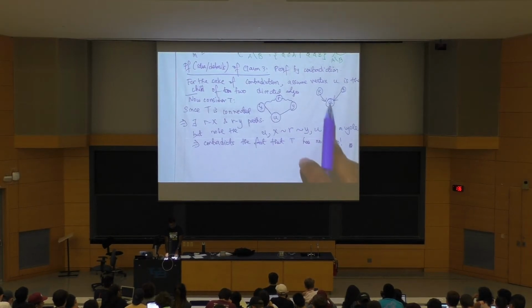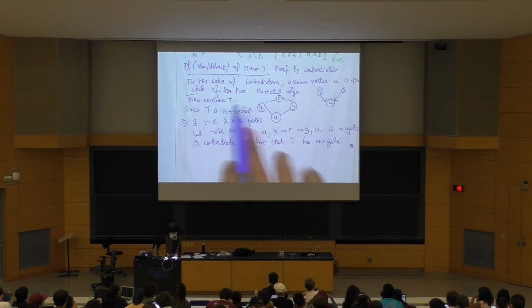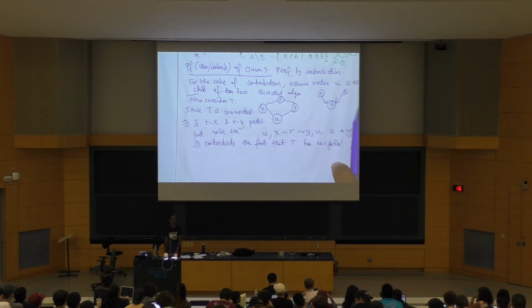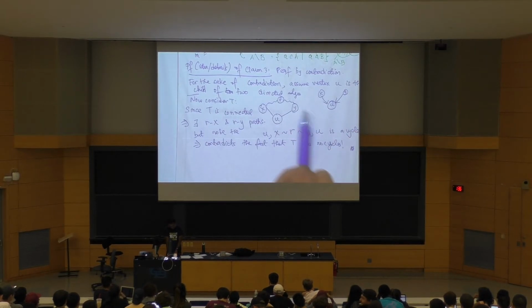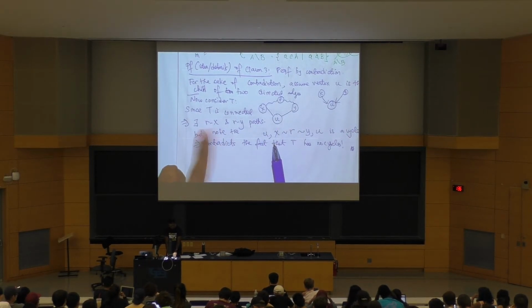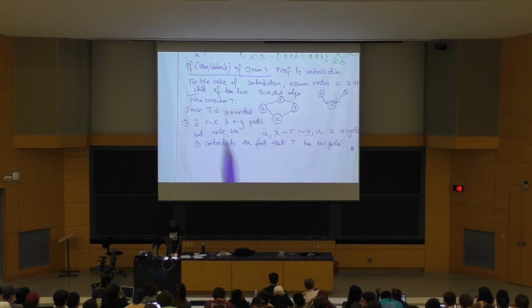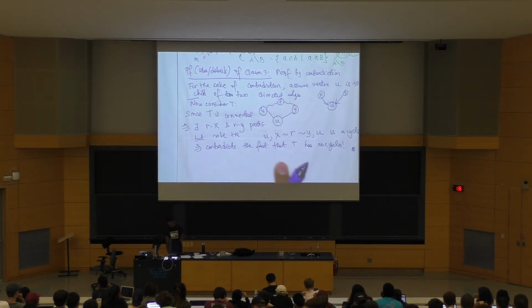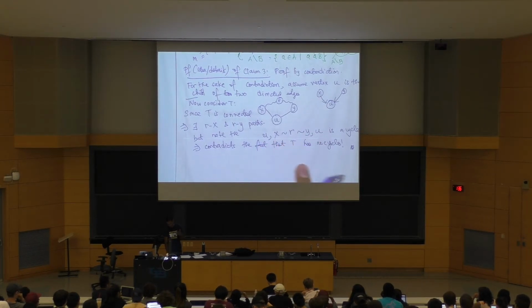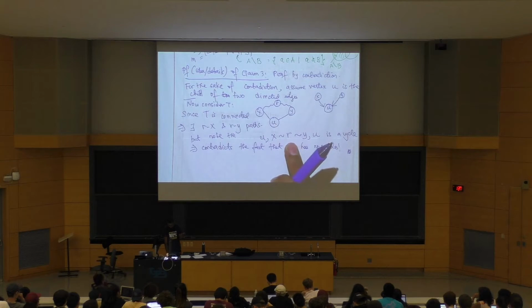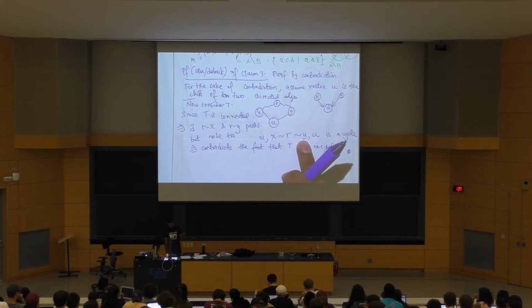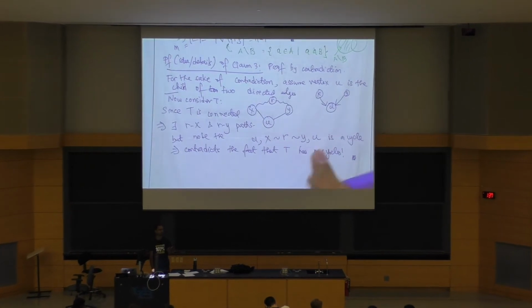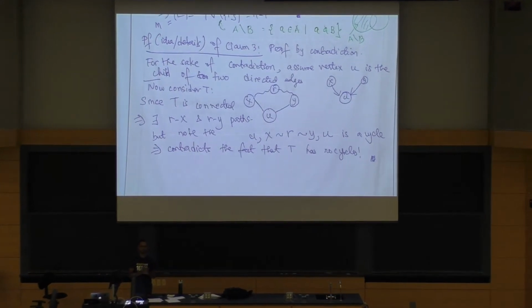You could have said, let's assume this happens. Then since T is connected, this happens, and this is a cycle. That's a contradiction, and that would be a good enough proof idea. The proof details would be pretty much all of this, but now you write it a bit more formally. Instead of just saying there exists an R-X path, you say let P1 be the path from R to X, let P2 be the path from R to Y, then consider the cycle U followed by nodes in P1, followed by Y, followed by nodes in P2, then followed by U. If you write it a bit more formally, that would be enough for a proof detail.